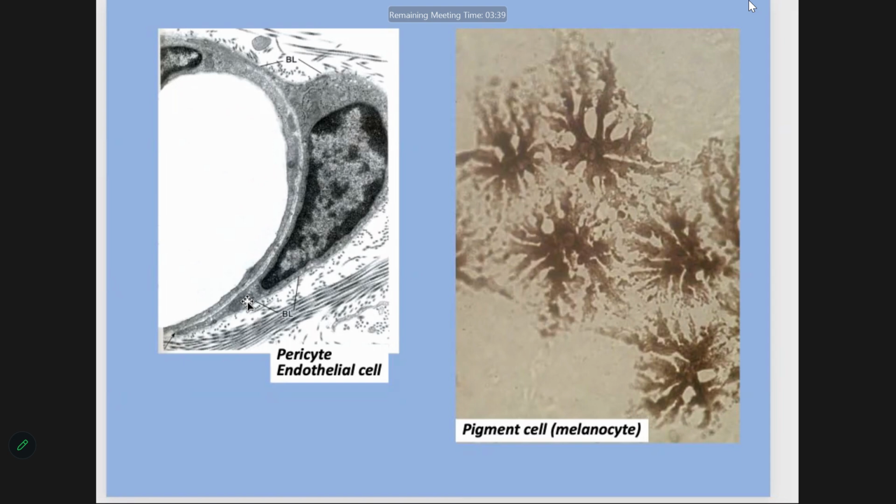The processes of pericytes house contractile filaments, and the contraction of these filaments regulates the diameter of blood capillary, decreasing or increasing it. Also, pericytes take part in the reconstruction of the capillary wall and reparation of the connective tissue. Inside the blood capillary, we can see the endothelial cell. The endothelial cell is a very interesting cell